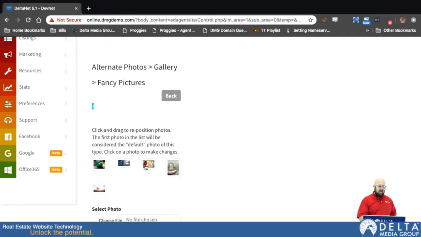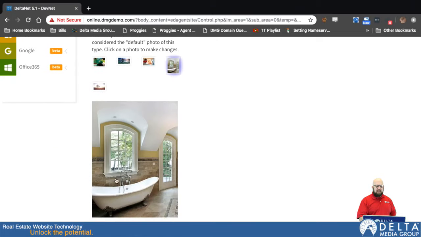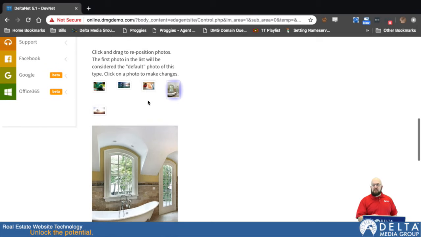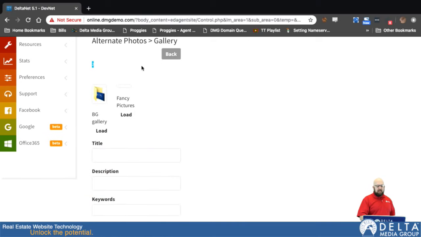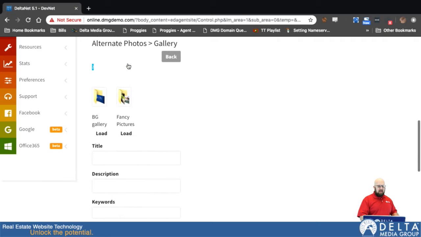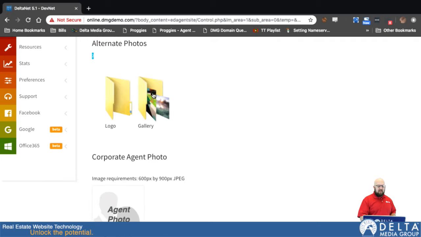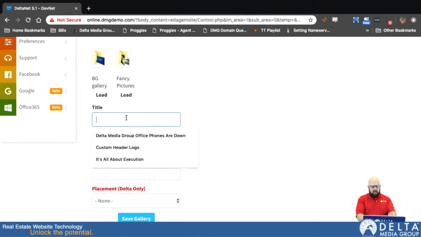So click on that. Now if I wanted to see any of these existing pictures, I can just click here and you can see it loads up a larger version of the picture right there in the section. So that's what you can do with the existing galleries. Now if you want to create a new one, I'm going to go back, and here on this main page when you pick gallery style, I'll go back one more so we can just start fresh. So alternate photos, gallery,